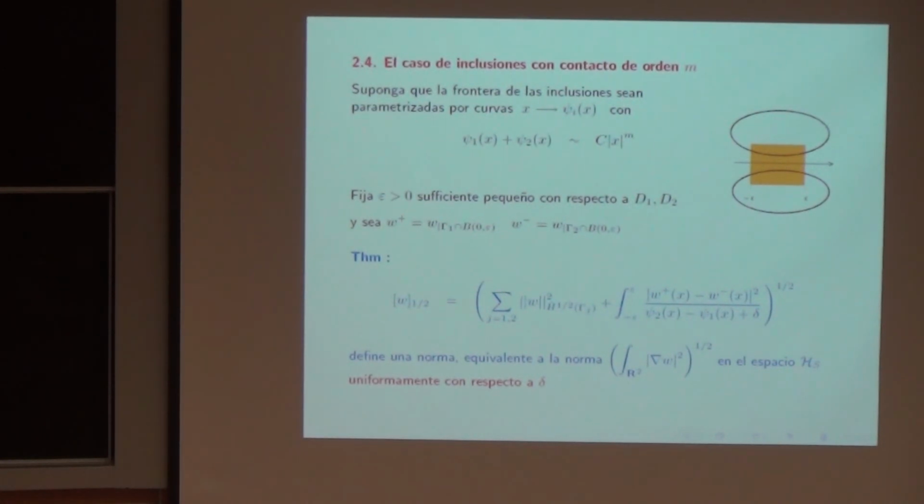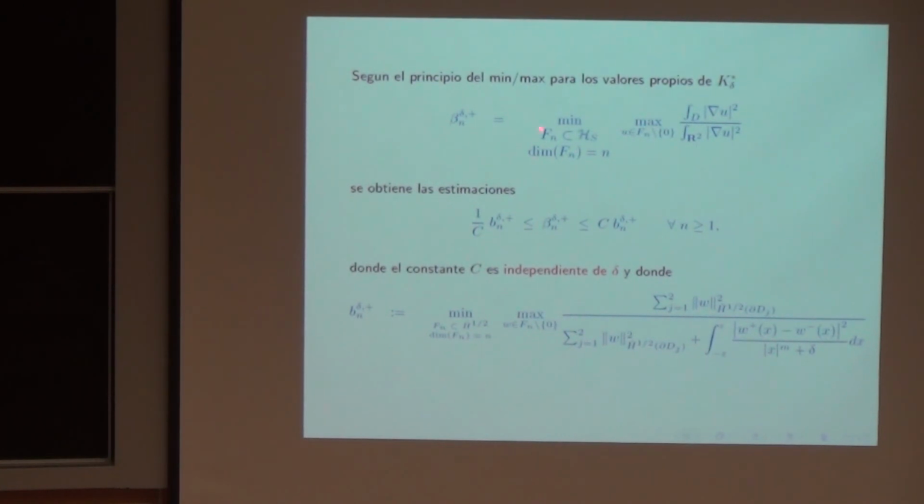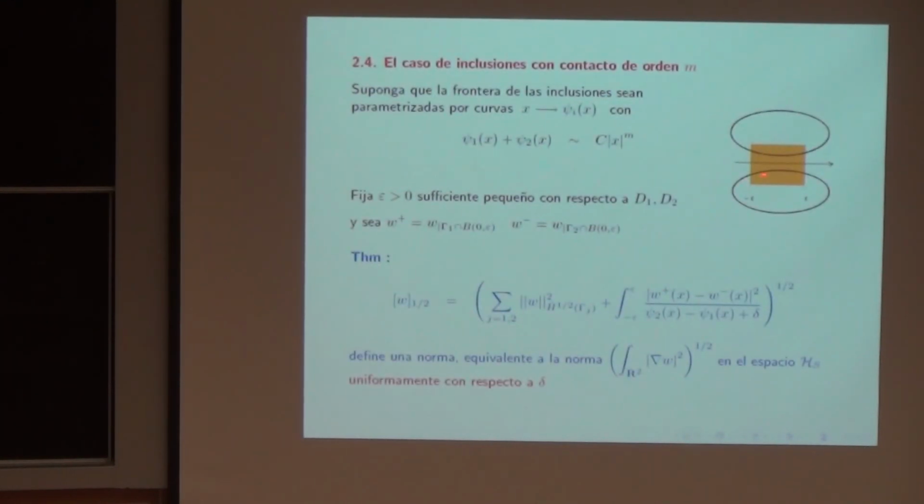And so we can analyze that essentially by using the min-max principles that I told you before. Let me actually advance a little bit. So we had a min-max principle that told us that the eigenvalues could be computed in terms of how much energy is inside the inclusion compared to what is outside the inclusions. And as you can see here, this quantity actually is a norm on the space on which we are operating. And you can show that if you fix some number epsilon and cut out a region like the orange squares that I've put up here, you can define a norm which is uniformly equivalent, that is independent of the distance between the two inclusions, to the energy norm,